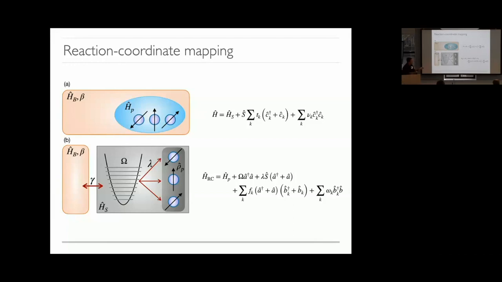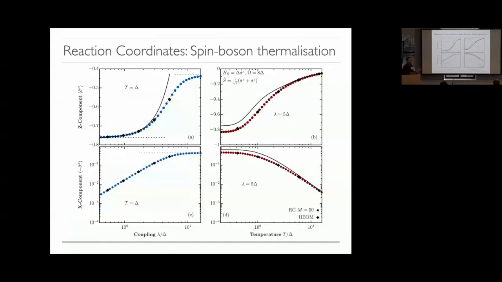However, there's a way to obtain analytical insight from this by doing some Flatiron transformations and some truncations. If you do that, then you lose the dynamics, but you're able to understand the steady state very well. But the dynamics themselves, if you keep the mapping as I have it here, are perfectly fine for both the populations and the coherences. I don't have the plots here, unfortunately, for the dynamics because I'm mostly interested in the equilibrium state, but I invite you to look at the works, for instance, of Asang Nasir or Philip Strasberg, who've done this in the past for the dynamics as well. And they have corroborated these numbers with the hierarchical equations of motion.